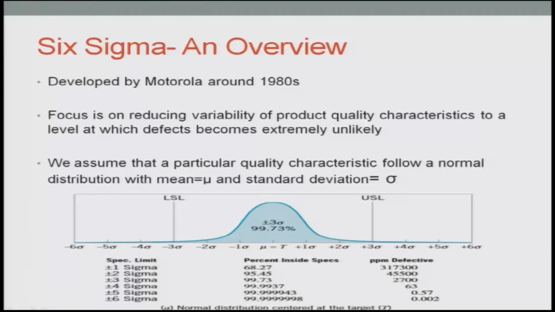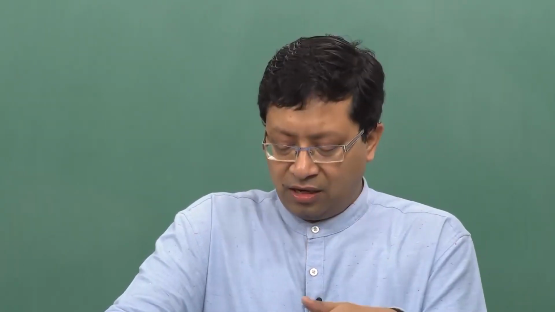So, if I have been able to convert the characteristics of any quality metric which you are going to measure from the normal distribution to the standard normal distribution case, and try to bring in the concept of Six Sigma, then the graph would look as it is shown in this slide,